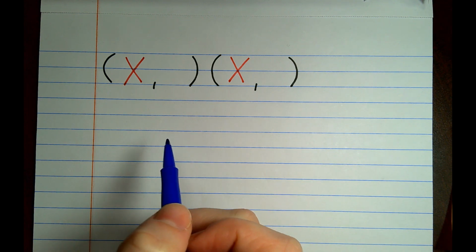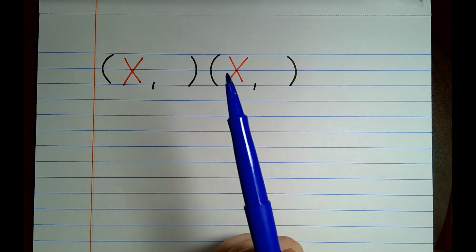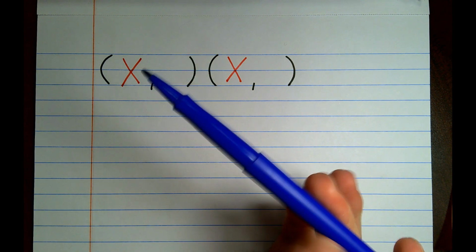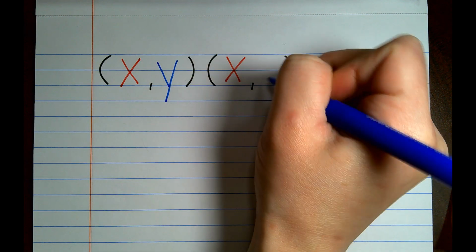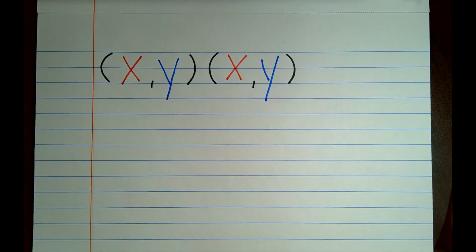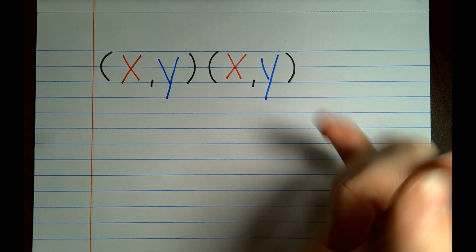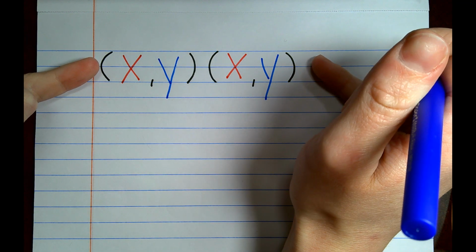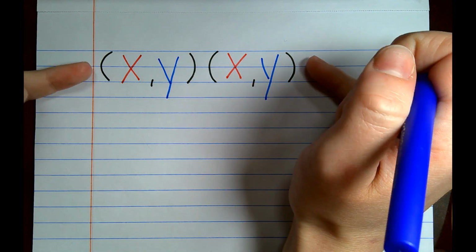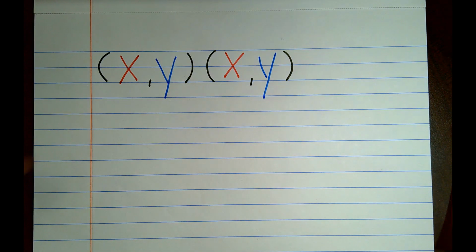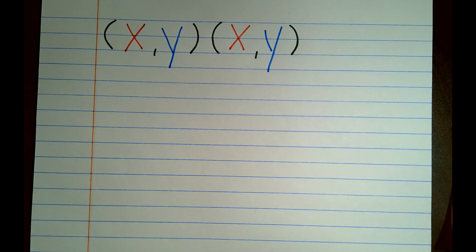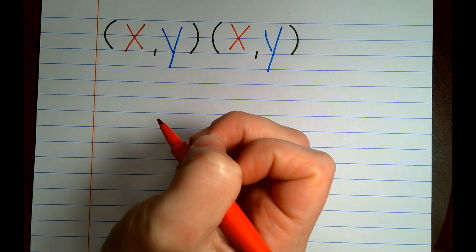Okay? Now take a blue colored writing utensil. Take a blue. And we're going to put Y in that second spot. And we're going to let this serve as our guide, just so that we can see it up at the top, and if we mess up, we can say, okay, this is different up here. So below that, this is going to feel silly, but I want us to practice for a good few minutes here,